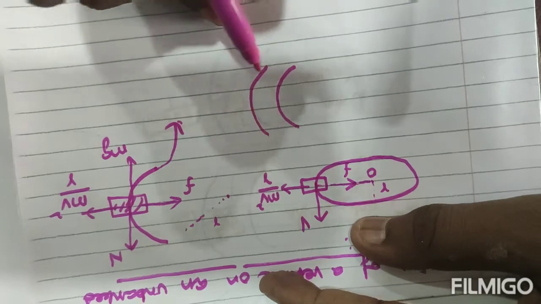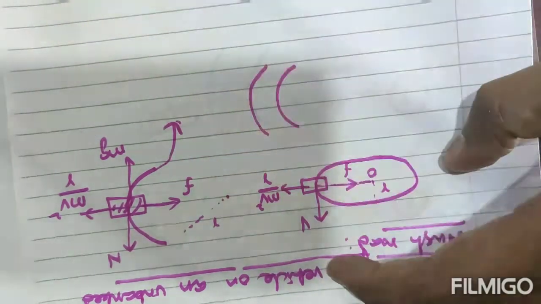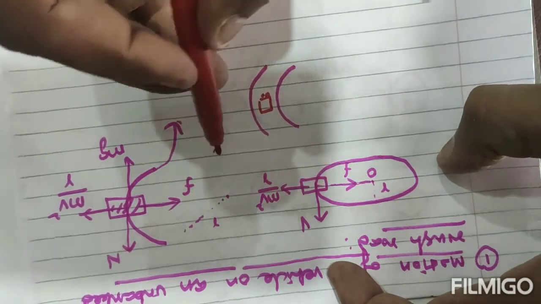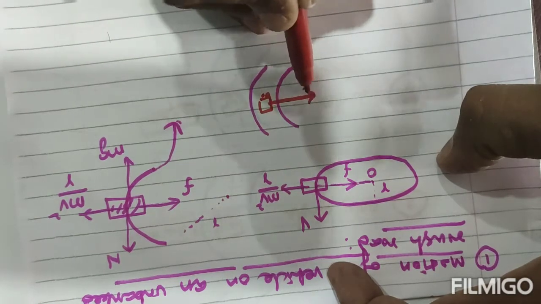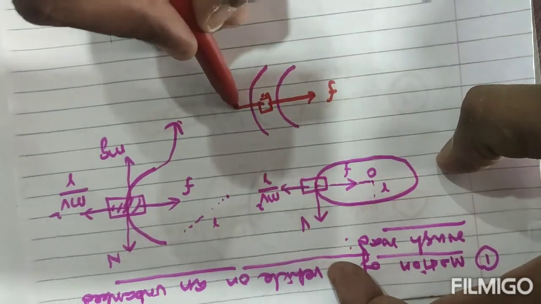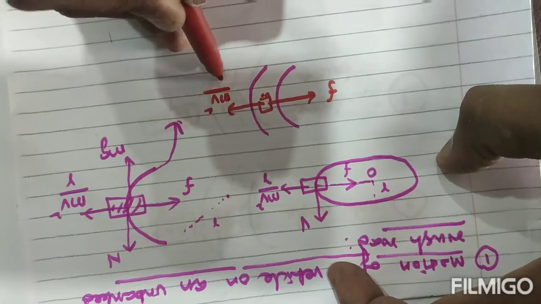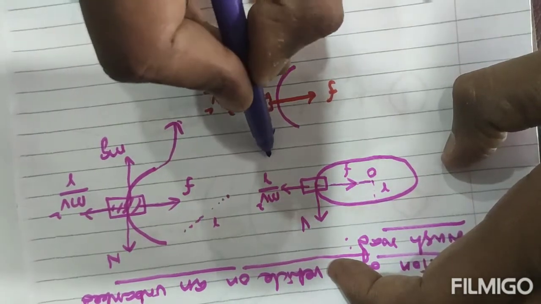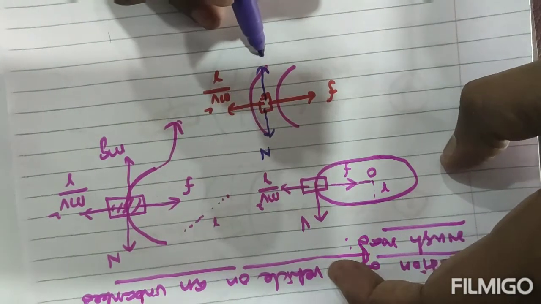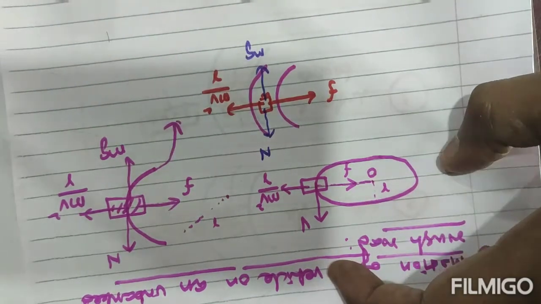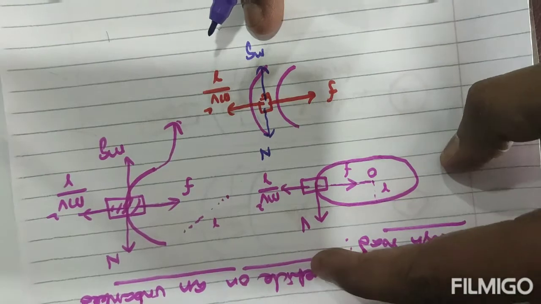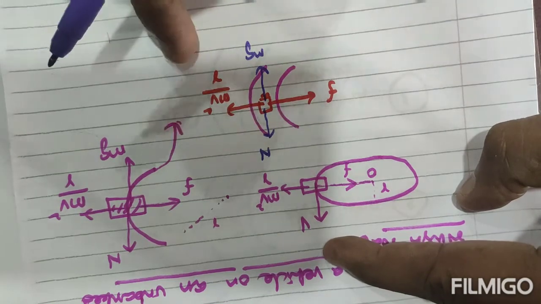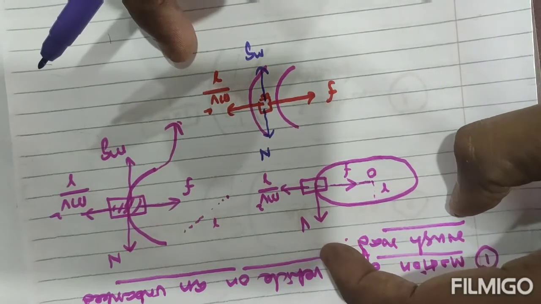Now it is the vehicle. Here is the frictional force F, then the centrifugal force, that is mv squared by r. The normal acts in the upward direction, and the weight acts in the downward direction, mg. We know very well the normal and mg are equal and opposite, and the friction and mv squared divided by r will be balanced.